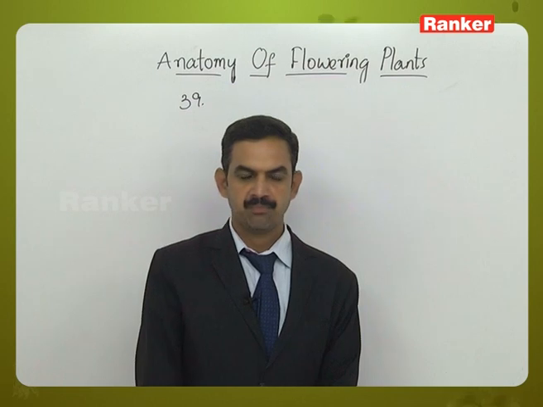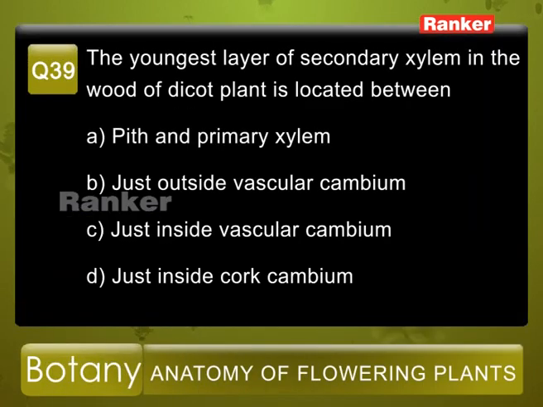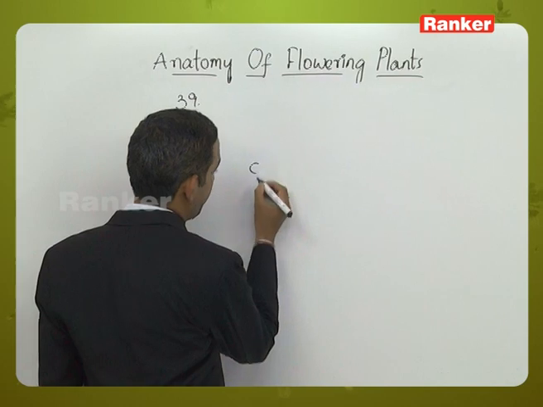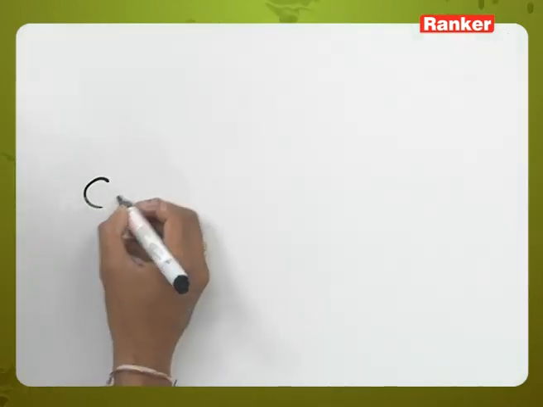Question number 39. The youngest layer of secondary xylem in the wood of a dicot plant is located between. The given options are A. Pith and primary xylem, B. Just outside vascular cambium, C. Just inside vascular cambium, and D. Just inside cork cambium. So here, when you talk about the cambial ring,